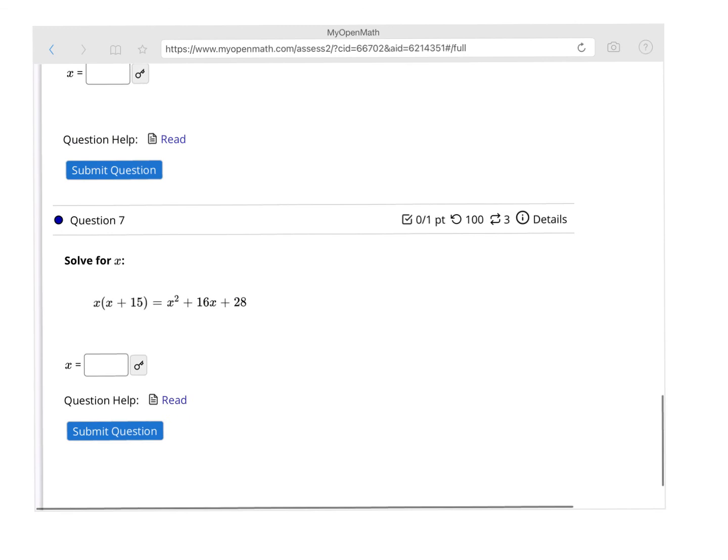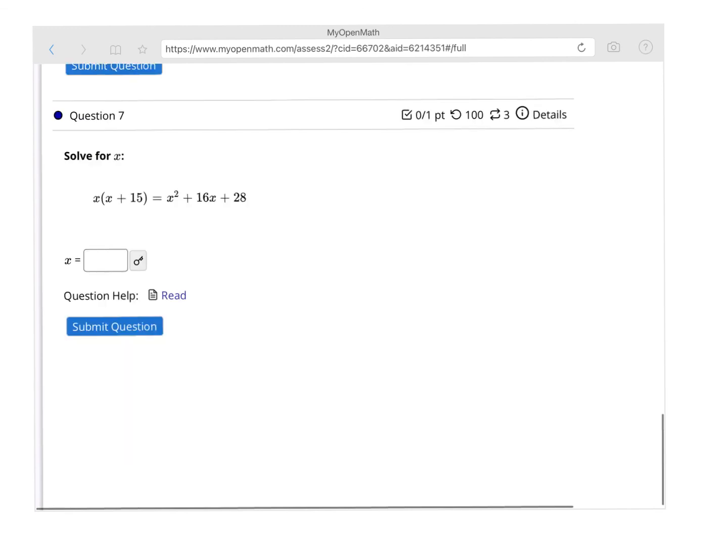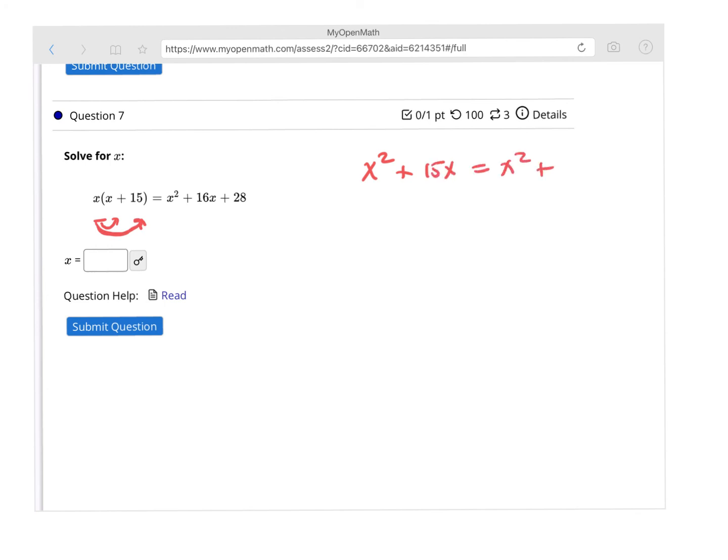And then the very last one I want to talk about is this one here. Now, this one looks really complicated to start, but it's actually not too bad. What I'm going to do is start off by distributing this x by both of those. Now, if you don't remember, x times x is the same thing as saying x squared, plus x times 15 is 15x, equals x squared plus 16x